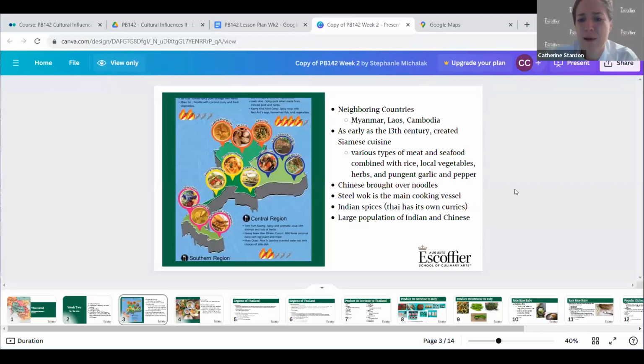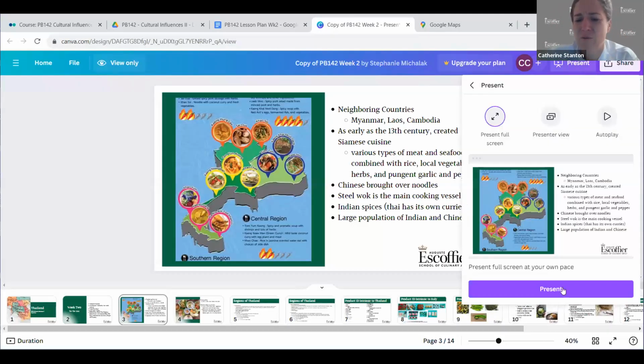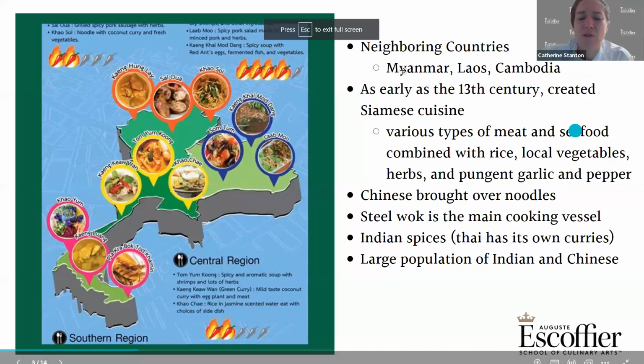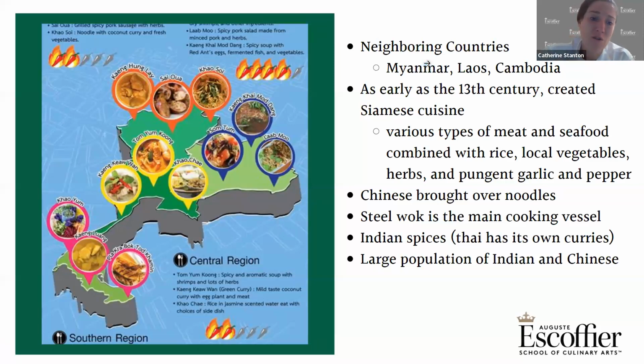All right, let's get back in and take a look and skip down in. We see this influence of Siamese cuisine. That was at the earliest of the 13th century. So you had a wide variety of different types of meats, seafoods, the local vegetables, local herbs, garlic, pepper. Now, this is where we're going to see, instead of just rice, the Chinese that brought in noodles. Noodles are going to be showing in certain areas comparatively to other areas where you might see rice dishes. You also have a heavy amount of dishes being cooked with a steel wok,